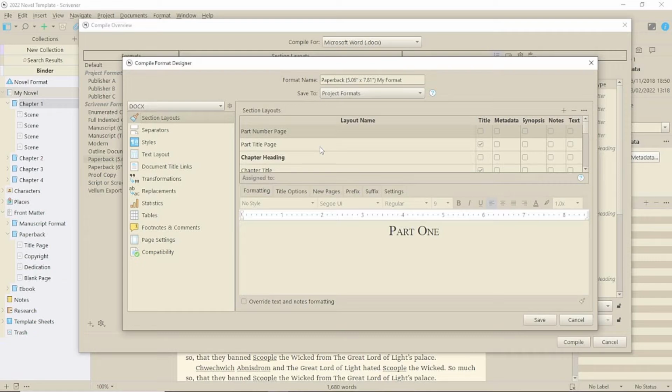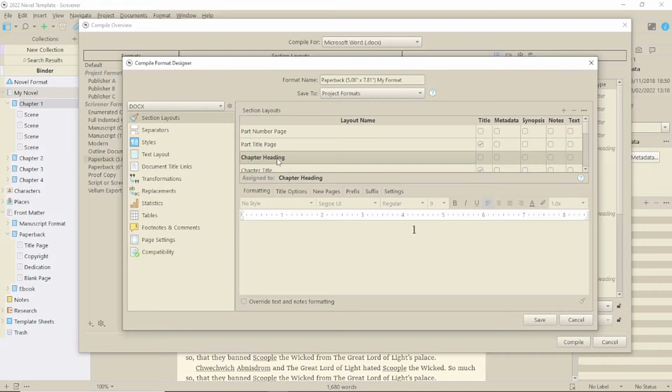Let's start with how to change titles. Select the title layout you've applied to your manuscript. It will be in bold in the list. A representation will appear in a box below it. Click onto the title text within the box. You'll see there are a number of tabs above the text, and the first one is all about your normal formatting options. So you can change font size, alignment, bold, italics, etc., and line spacing, including spacing before and after. You can also choose a different style from the list instead.